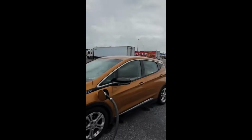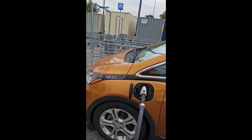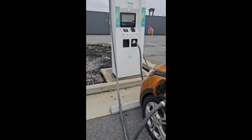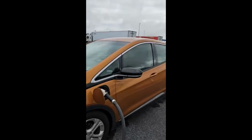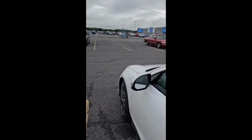And then this guy, his name's Jonathan, and he drove all the way from Utah, and he's moving to Nashville. And his car is a little Bolt, and he's stuck at 47 kilowatts because that's what the car is. It's got like a governor on it so that it only gets 47. Anyway,